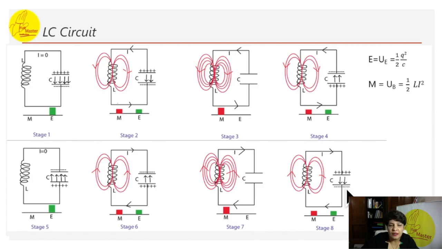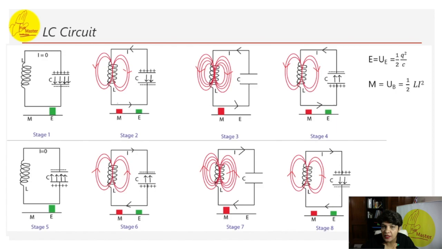The magnetic energy of the inductor is changing into electrostatic energy of the capacitor. So you can see in the bar below, from magnetic full, now some part of the energy is being stored in the electrical energy, and you can see that storage in the form of these arrows in the capacitor. But notice these arrows are different than here. So you can see on all the stages, first to 8, how the LC circuit is continuously moving.